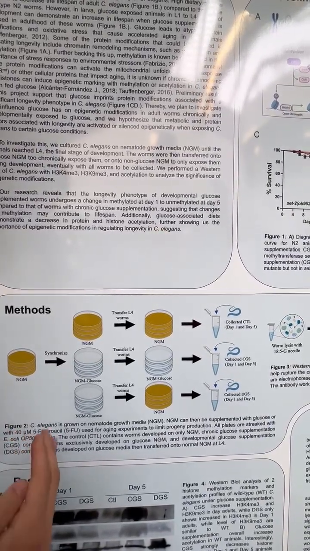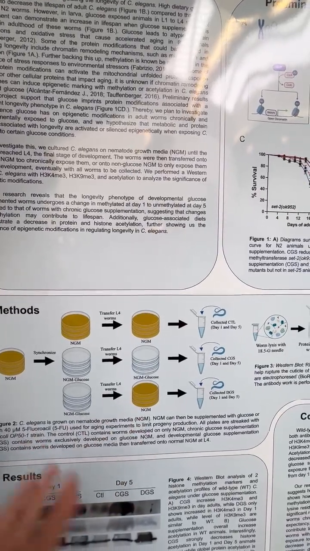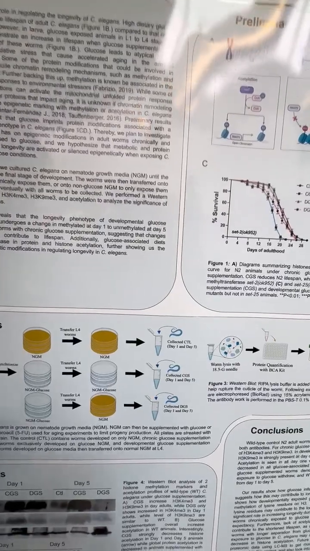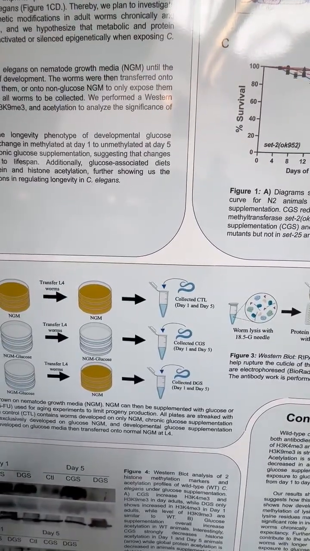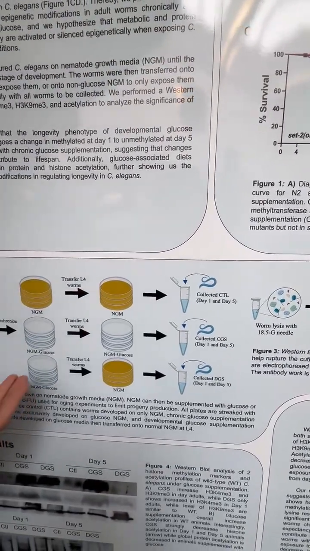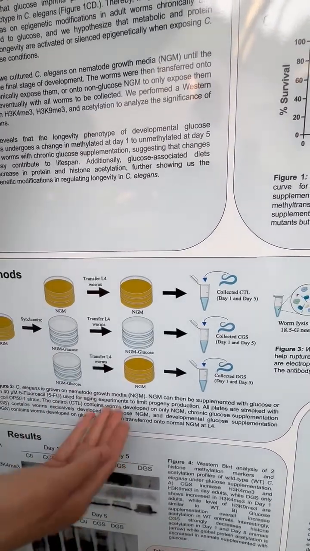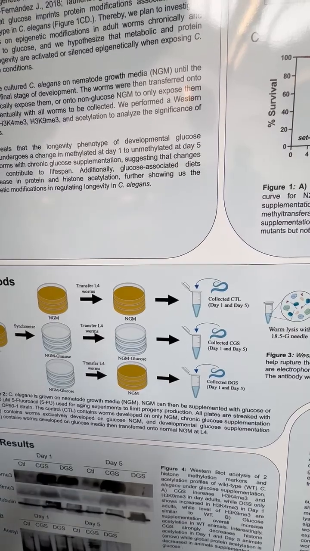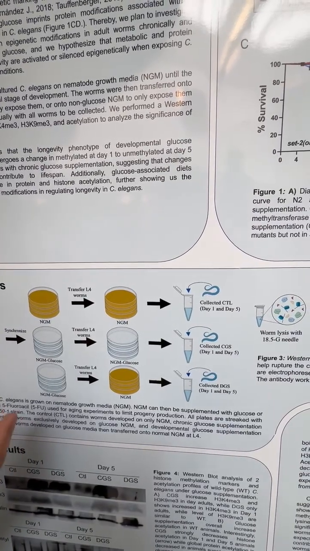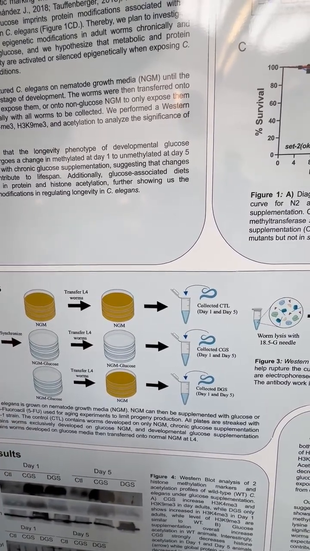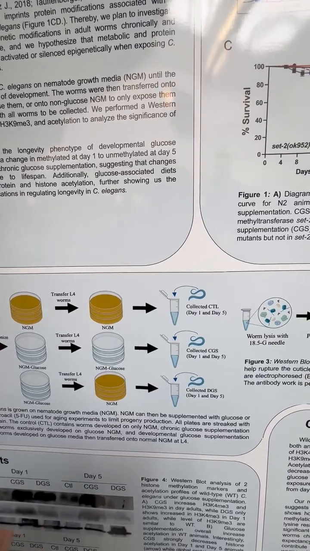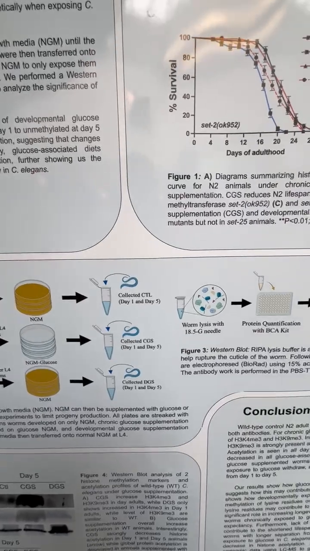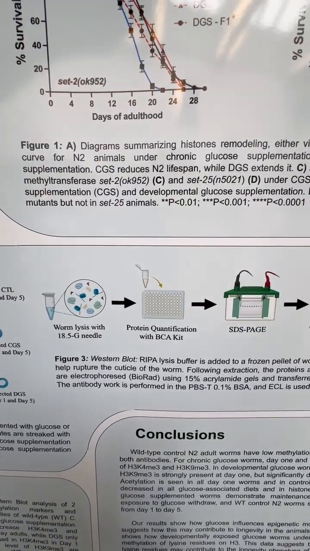And at adulthood, we transferred them onto another nematode growth media glucose plate to chronically expose the worms to more glucose. And then we transferred another set of glucose-developed worms onto a non-glucose media plate to ultimately induce that longevity phenotype, to only expose them exclusively during larval development. And then we extracted their proteins on day 1 and day 5, to eventually Western blot them to determine if there's a difference in epigenetics between day 1 and day 5 of